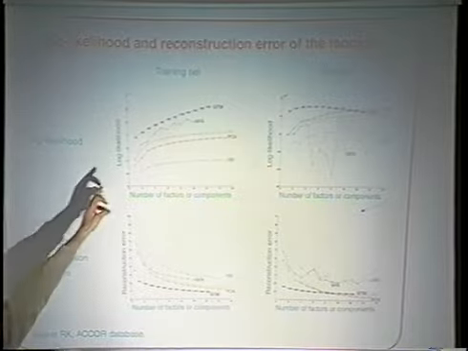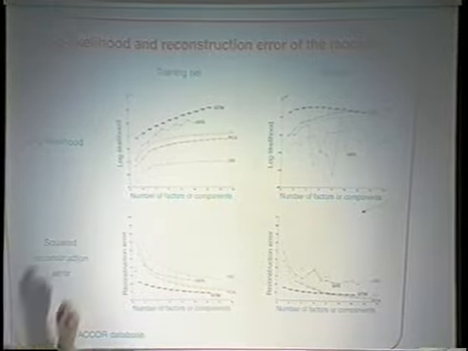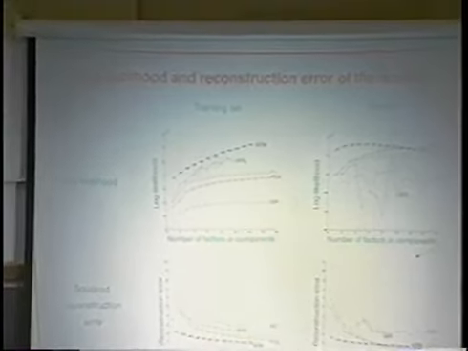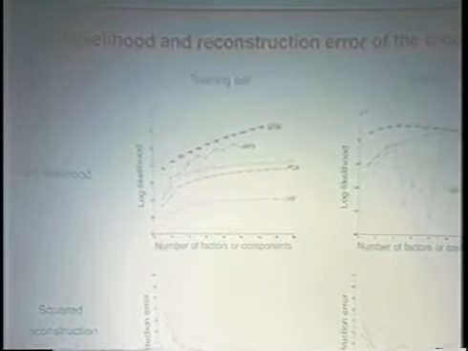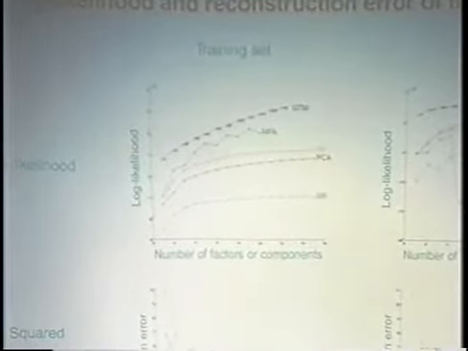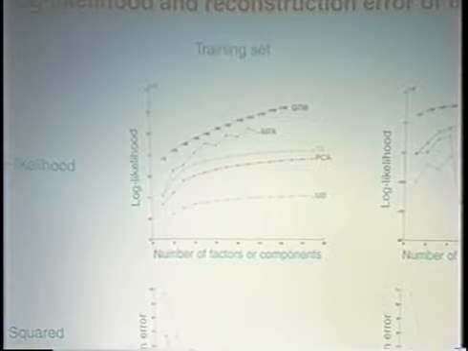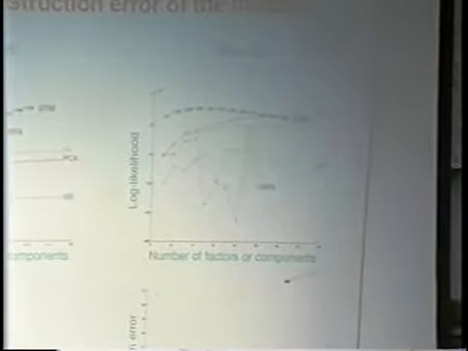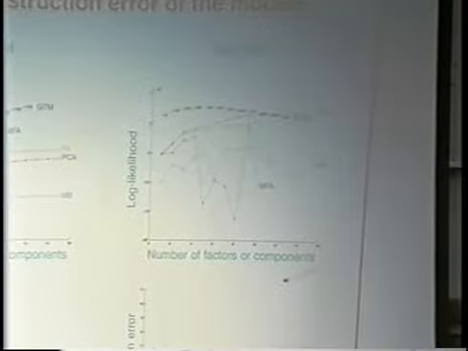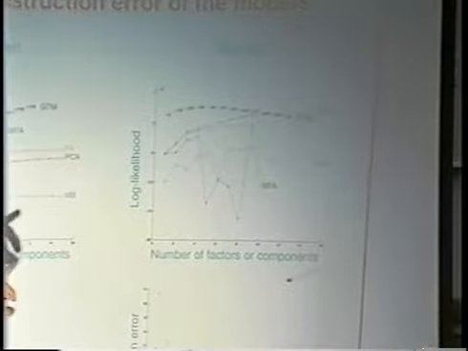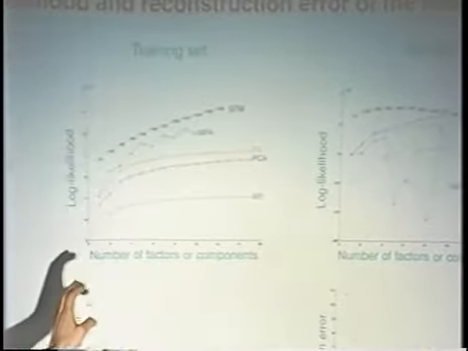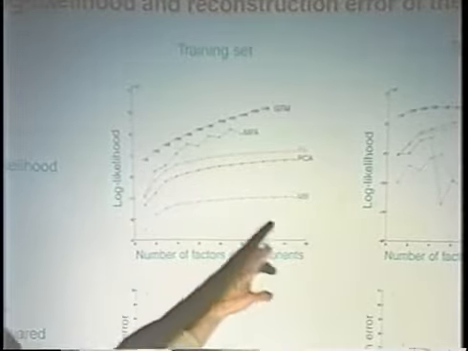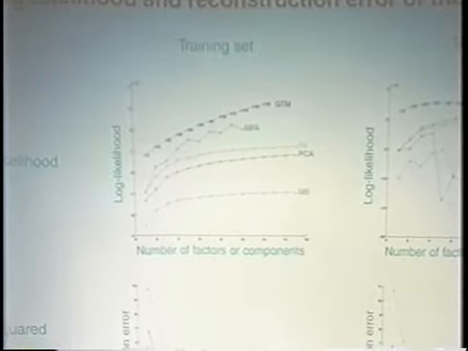For the GTM model, I just use in all the points there only 2 dimensions. And the difference in the points is how flexible the actual nonlinear mapping is, specifically how many radial basis functions I used to implement it. But the dimensionality is still 2. I'm getting just 2 components. And what you can see is that that method beats just about every other method, no matter how many components they are using. And also for reconstruction error.